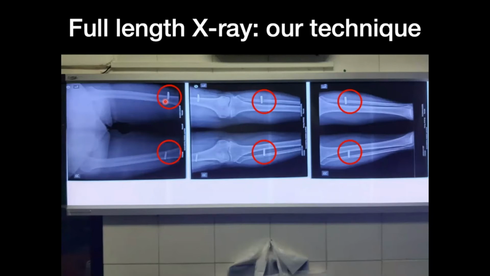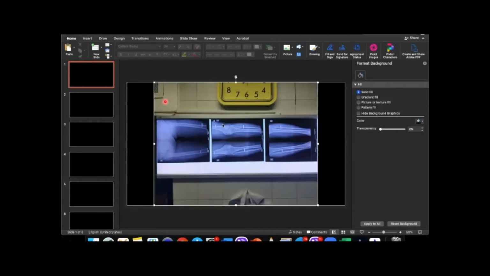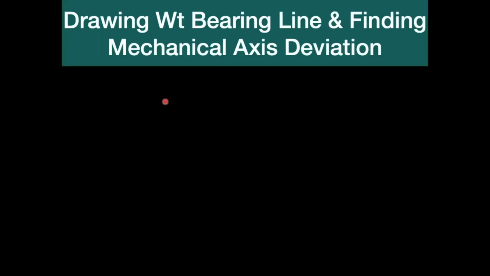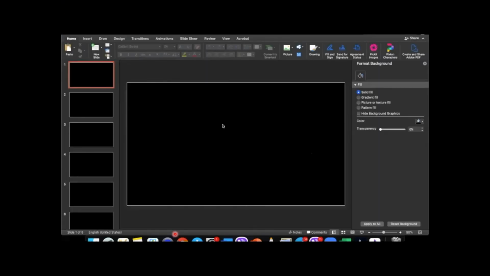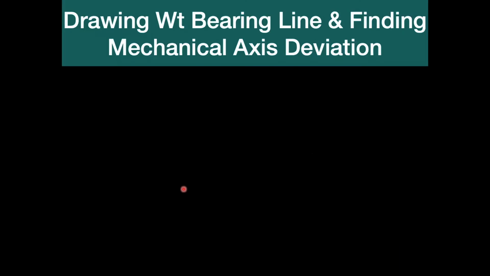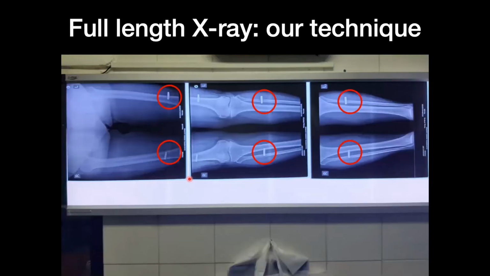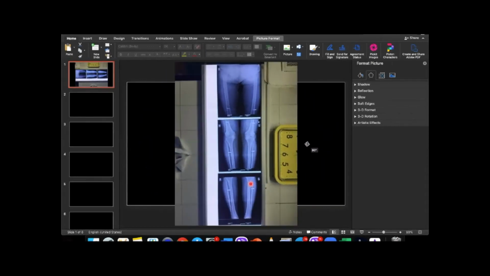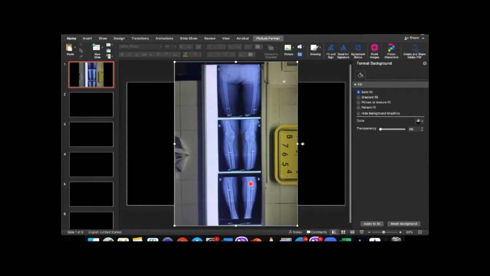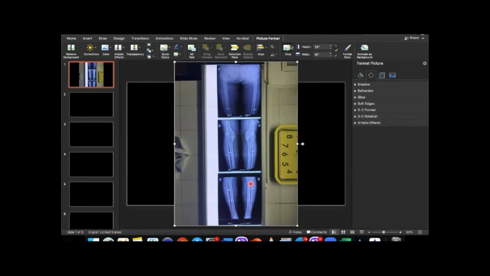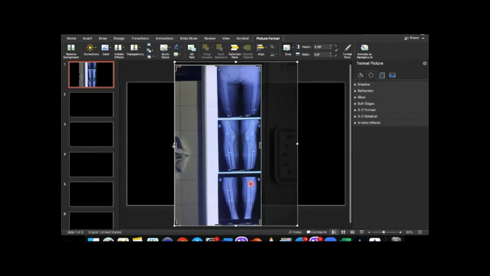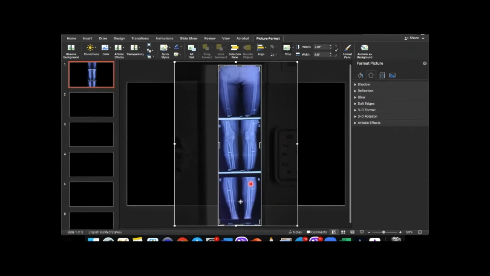Then we paste these X-rays in our very common software, PowerPoint. We paste this photograph over the PowerPoint. We crop the picture so that we get only the X-ray part, and all other parts are removed. Then what we do is